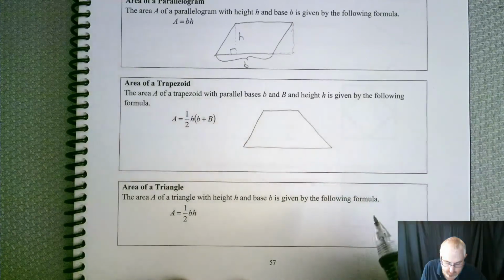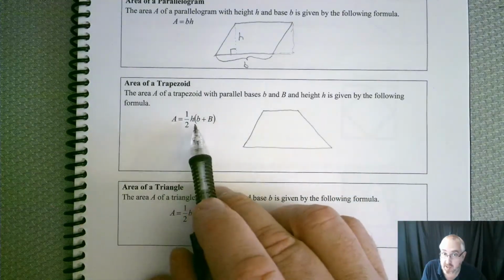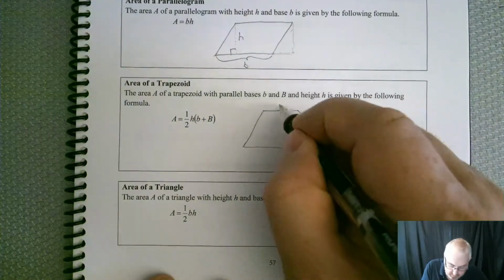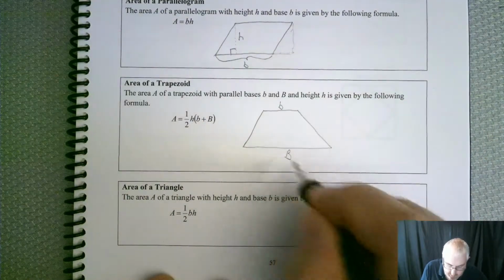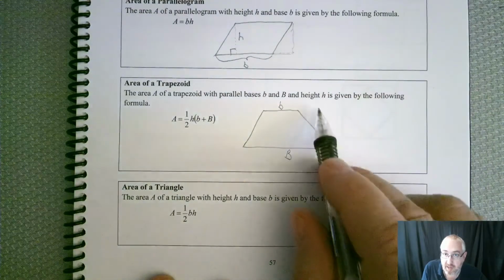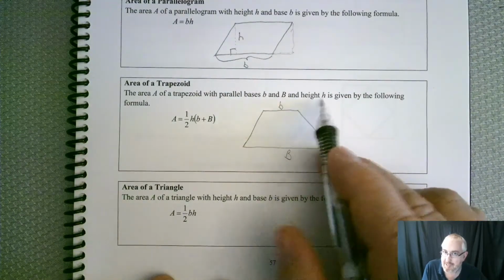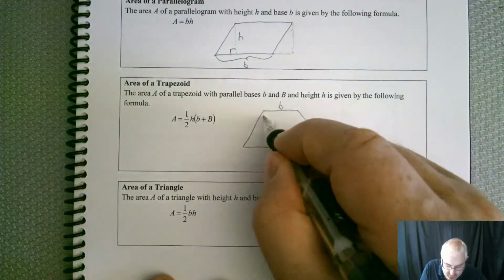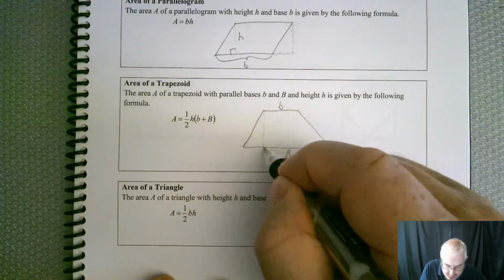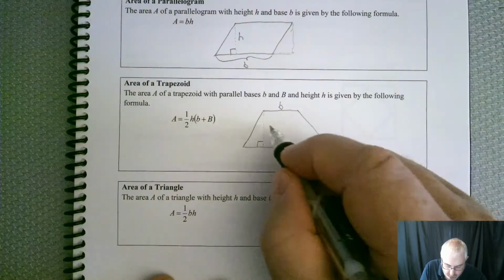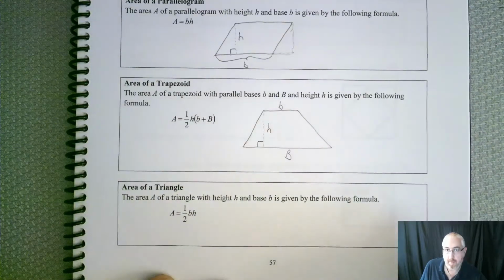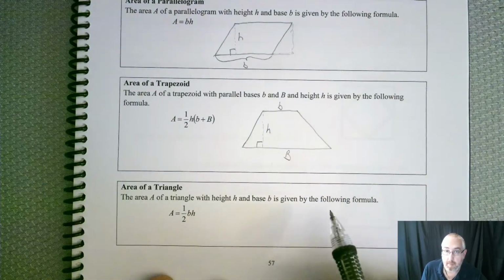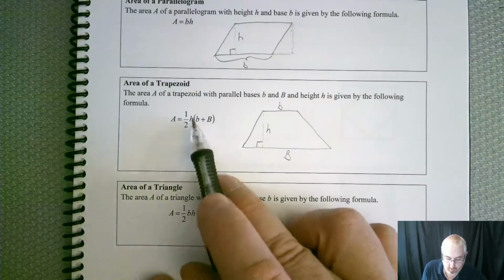So there's our trapezoid. So now we need some dimensions in here. We need the parallel bases, little b and big B. That'll be big B. And then we need a height again. Just like with the parallelogram, we need that right angle relationship. So we're going to do the same sort of trick and drop that line down to form a right angle. And there's our height. This will get us to our formula of 1/2 h times